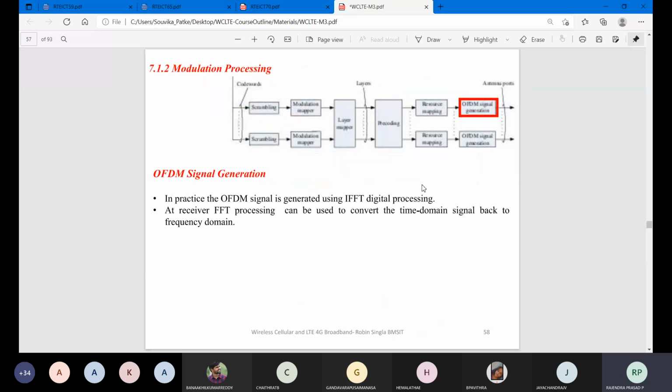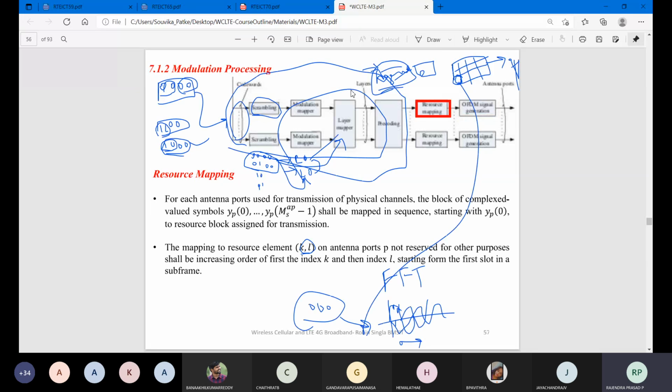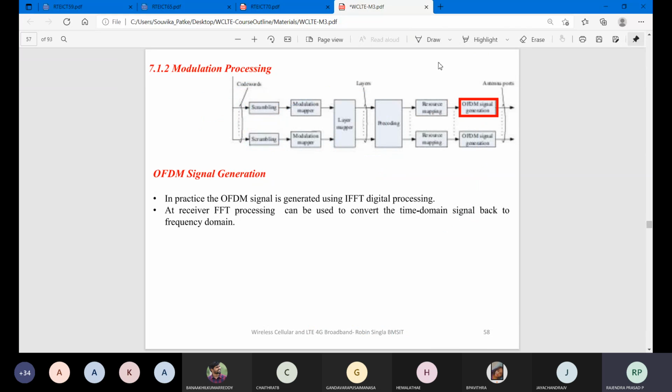Finally you have the OFDM signal generation, which is your radiation pattern. Why is it OFDM? Because it is orthogonal, because it can transmit data in any direction. In practice, our OFDM signal is generated using the IFFT. That is what I was telling you, FFT or IFFT, it is the same process, digital processing.